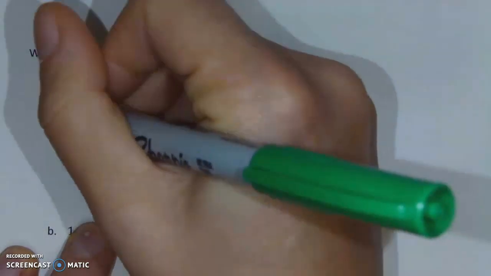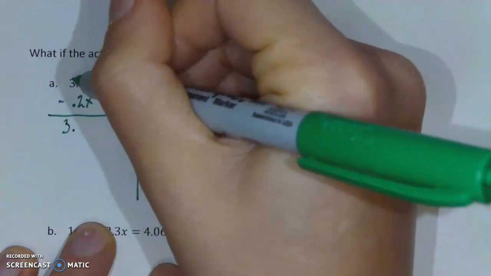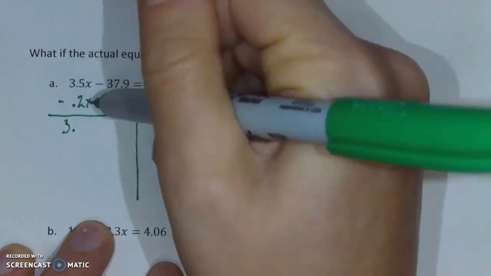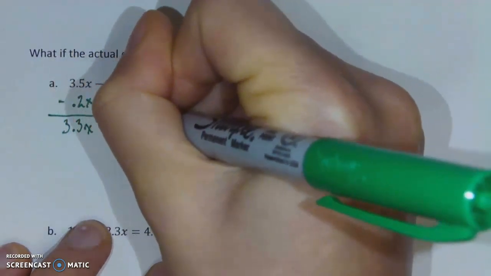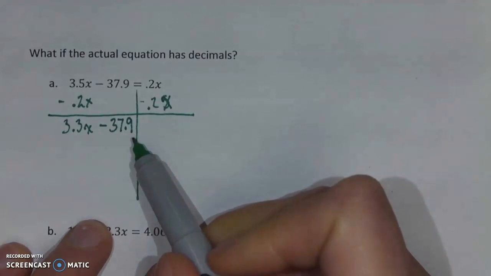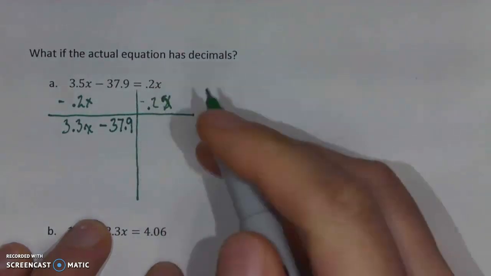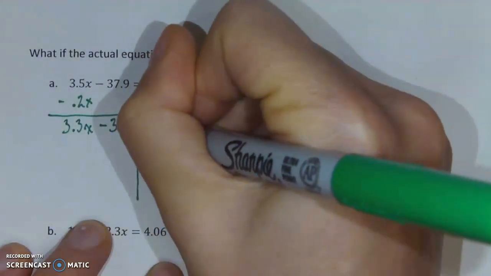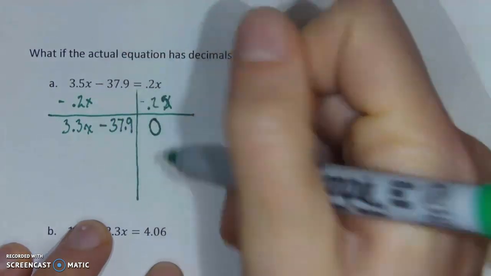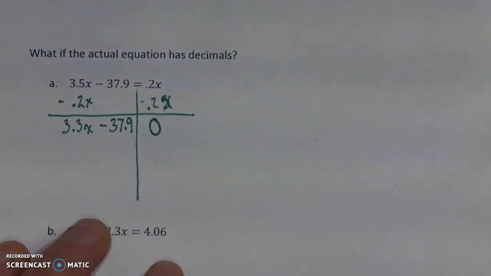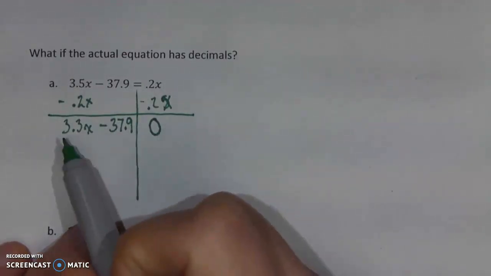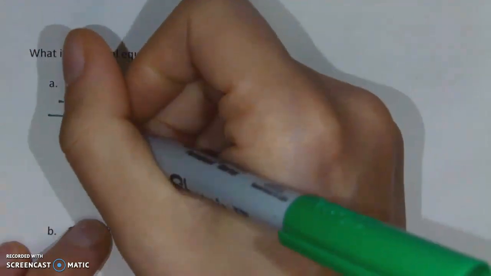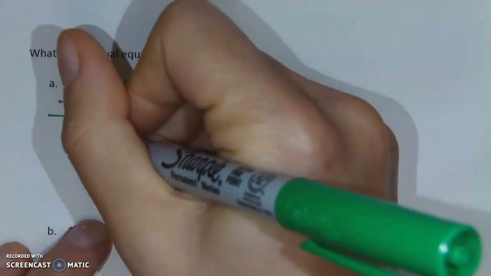And the nice thing about this is we are going to be left with positive numbers. 3.5x minus 0.2x is 3.3x. And of course I still have that 37.9 subtracted at the end. Now the reason why this sometimes throws people off is on the other side I'm going to end up with a 0 because I have nothing left, but nothing is a number and that number is 0. This is still kind of nice though because I don't have a negative on this side of the equation. And remember that 0 is a number just like any other number,